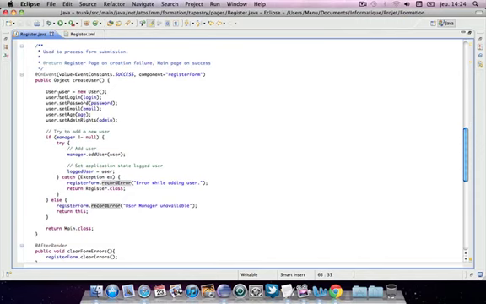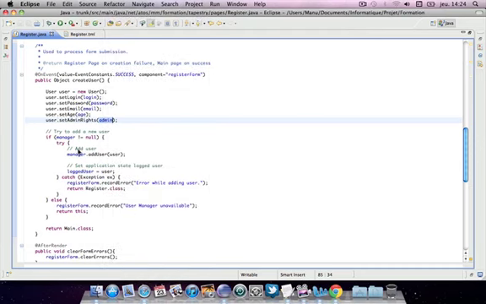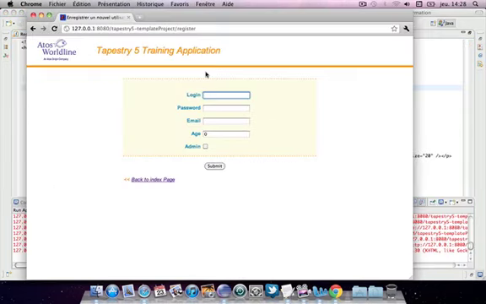So we will create a new user object and we set all the attributes, so login, password, email, age, and admin. And we will be able to add this user to our manager by using the addUser method. So if we check our form with our browser, we have this form with 5 inputs. So if we enter a user which already exists, so for example tapestry,